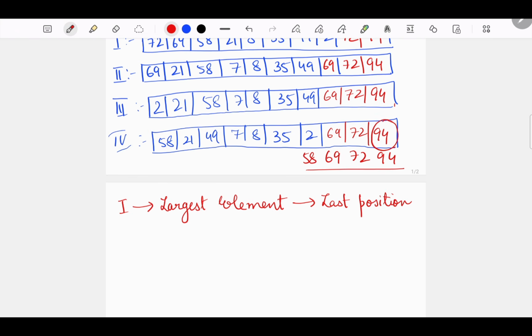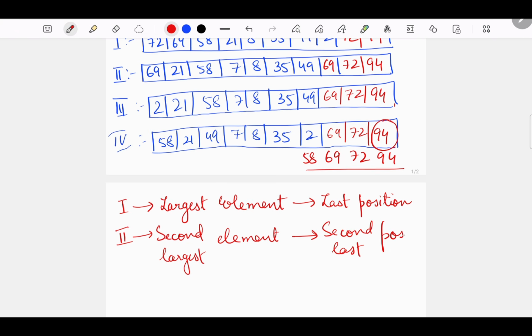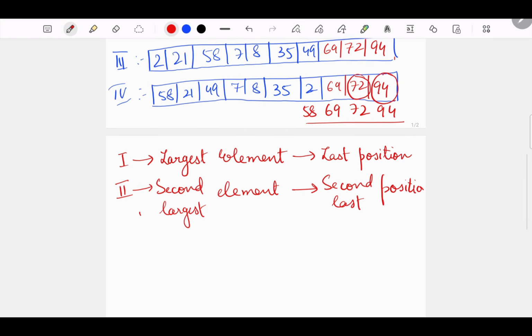We stored it here. After the second deletion you are going to get the second largest element, and that would be stored at the second last position, which is 72 here, correct, and so on.